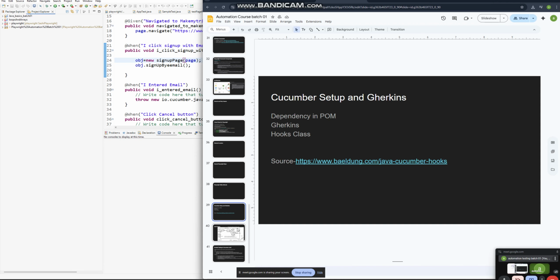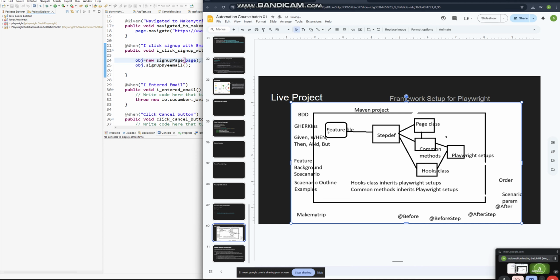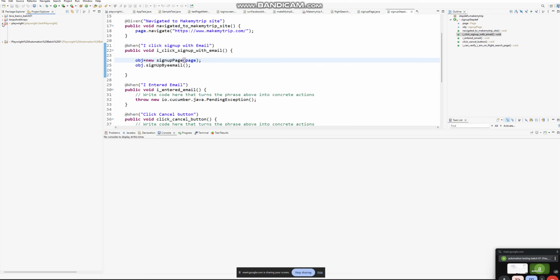So now if I go back to the framework we are planning to do, here we are planning to do a BDD framework with a feature file. I think we have written the feature file, then generated the step definition. You are clear till that part, right? Exactly. Then we have to set up the hooks class and page class. The page class we have also created, if I remember correctly. So if I come back here,